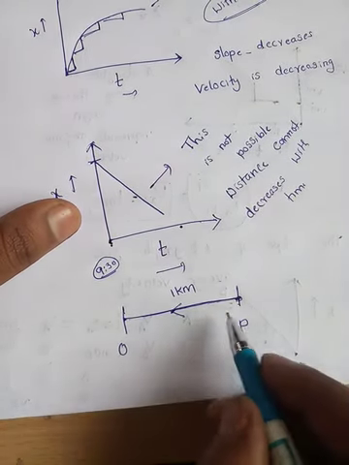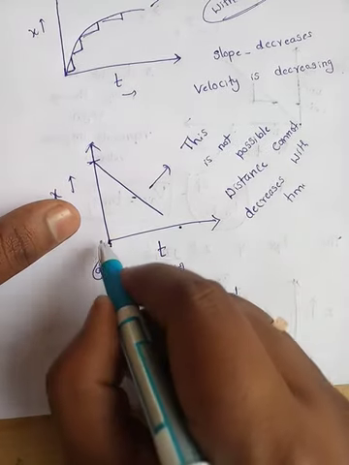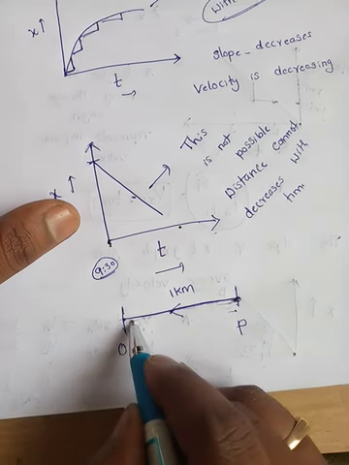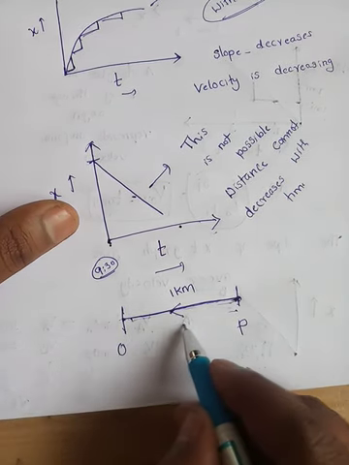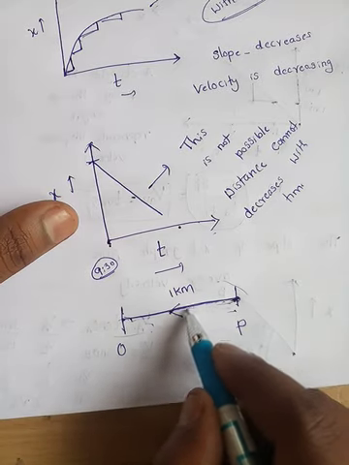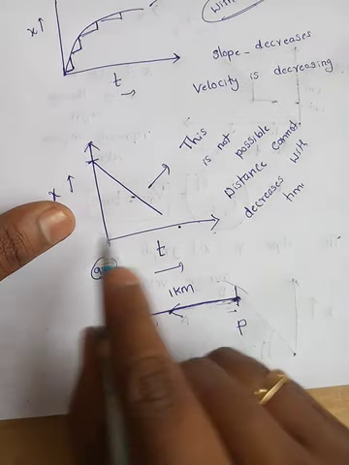What happens now? The time is increasing, the distance also increases because you are coming back. What is distance? The total path length traveled by the object. So the distance keeps on increasing: 1.1, 1.2, 1.3, 1.4. So distance cannot be negative.